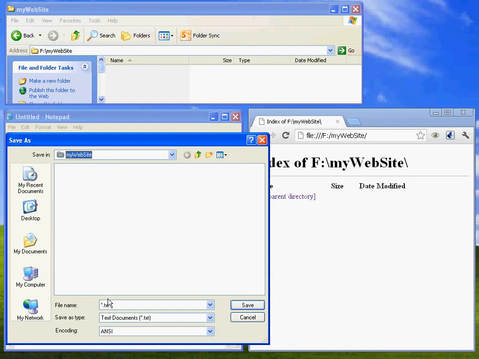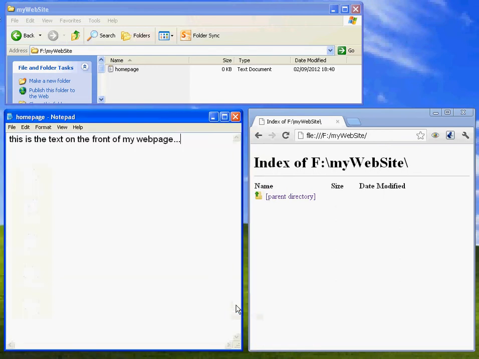Now, something you just need to notice about Notepad is it defaults to this particular file suffix, this file ending here, .txt, because most of the time you just use Notepad for knocking up text files. We don't quite want that, and I'll show you why in a second. If I just give this a name, let's call it home page, that will seem to make sense, and I'll leave this default ending of txt. This is how you change it here, but if I leave that at txt, hit save,